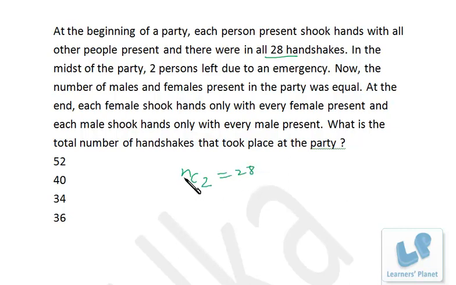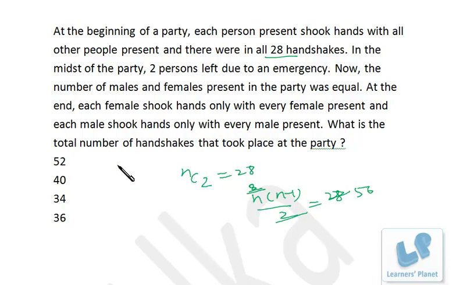n persons are present, and we have to find out all the combinations of 2 persons, and that is actually 28. So nC2 is n times n minus 1 by 2, and that's 28. So n into n minus 1 is 56. n and n minus 1 are 2 consecutive numbers, and their product is 56. That means we can think of 8 and 7. So n must be 8, right? So initially the number of persons was 8.